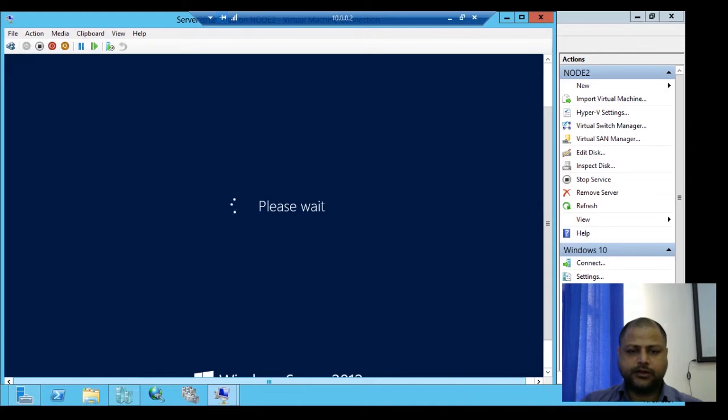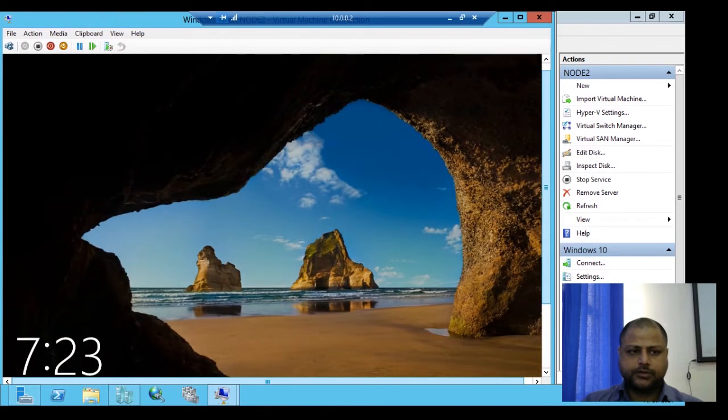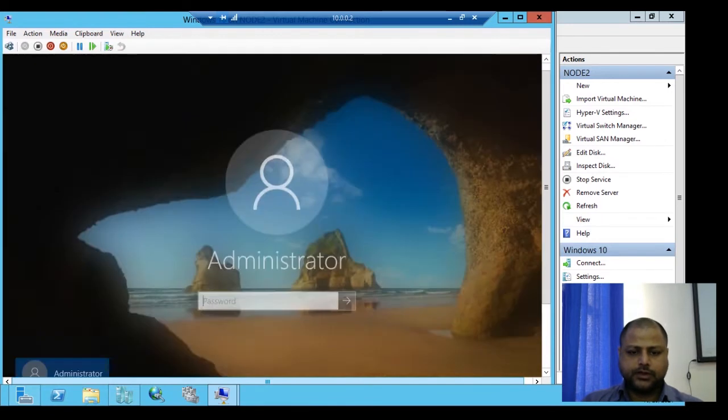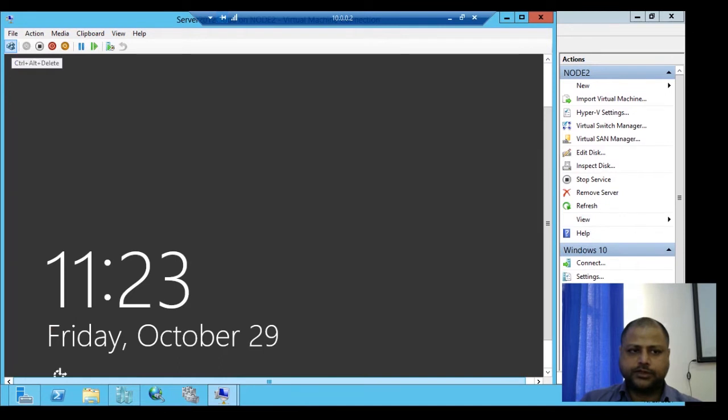That means a client will be prepared over here to configure with the domain controller, and the domain client will be configured. The client system is getting ready. We'll log into the system, and initially it has been configured with the local administrator. You can see that the local administrator is there. So we'll log in with the local administrator first. It is logging in with the local administrator on the client system. Later on we will be able to see that the system can log in with domain users. Now we'll move to the server, which is also getting ready.